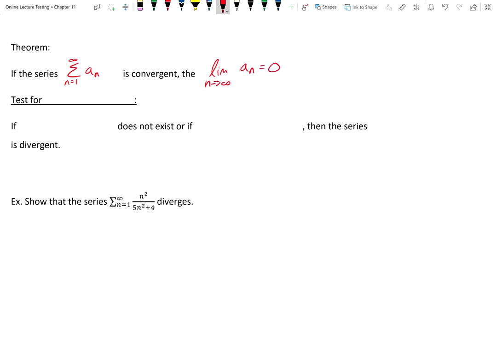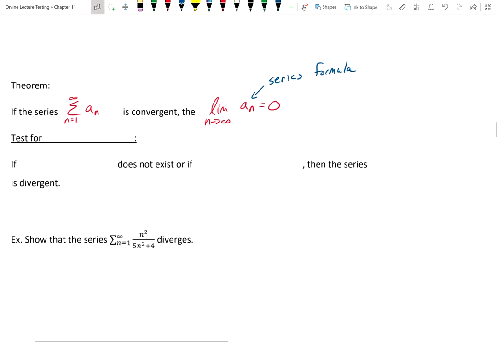All right. So what this means is if we look at the formula of a sub n, not the sequence of partial sums, but the series formula, and here I'm going to emphasize that, this is the series formula. If we let n approach infinity, if the series itself is convergent, then the limit of a sub n is going to be equal to 0. One thing I do want to note from this, and this is actually where we're going to get into our first test, is note